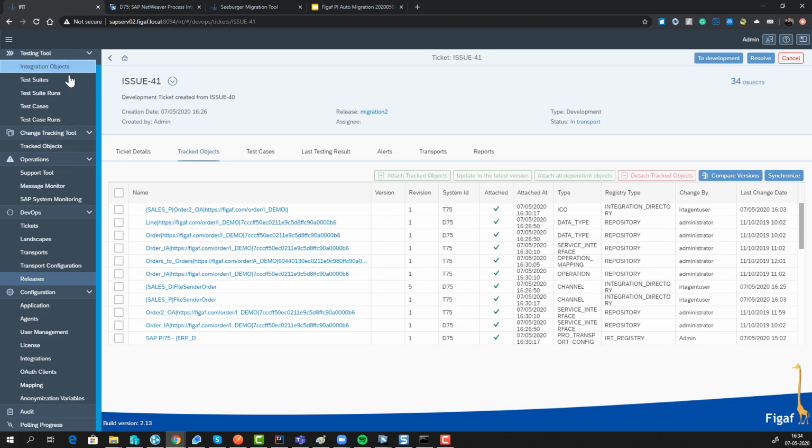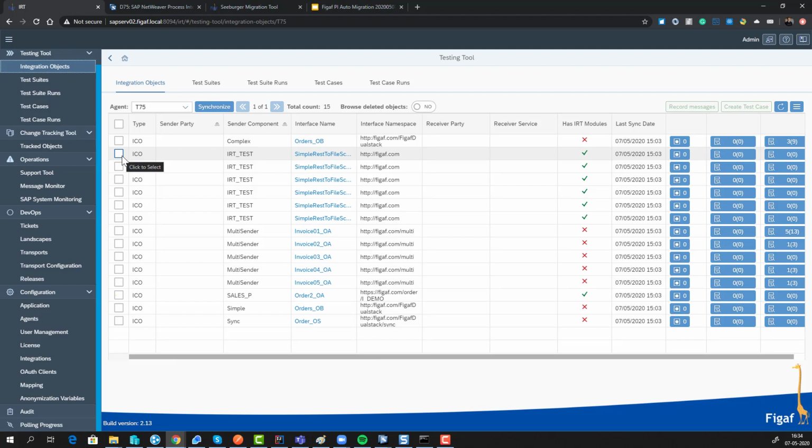Good. So obviously testing is a huge part of this, and one of the challenges with a migration is that you need to go to business and say, hey, could you help test this for us, because we now need to migrate it and we have updated something. We don't really know what it is, but